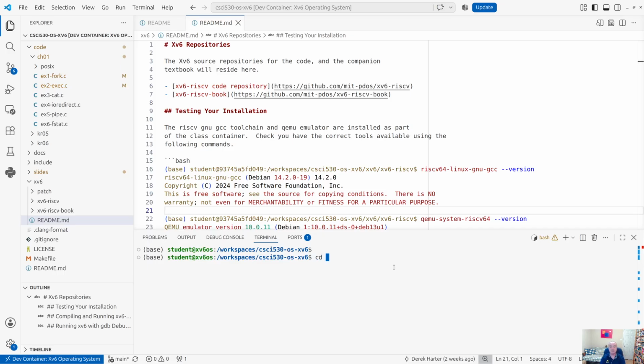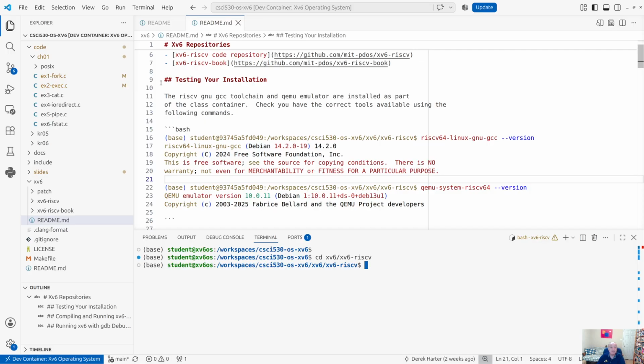I should be able to change into that directory if I want to compile and run these code examples. Like is shown here in this README, there's some stuff you have to do before you can get to this point, but you should check. You should be able to